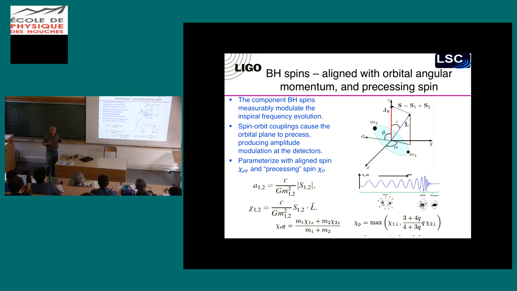The time scale for that wobble is much slower than the orbital period, but it's not much slower, maybe on the order of an order of magnitude slower. So over maybe 10 or 100 cycles, you would see this orbit precess. And the precession of the orbit will have an effect on our detection, on the waveform that we observe at the detector, because